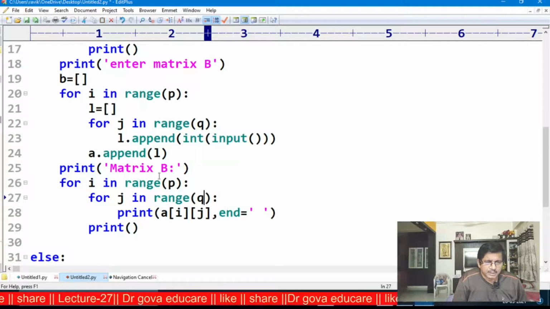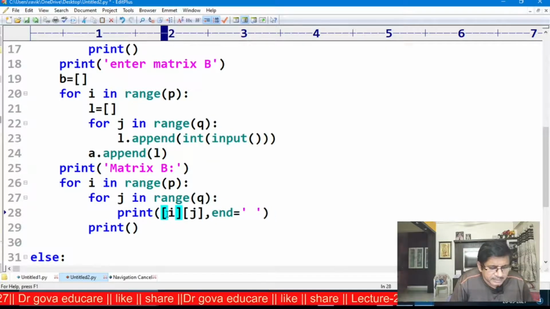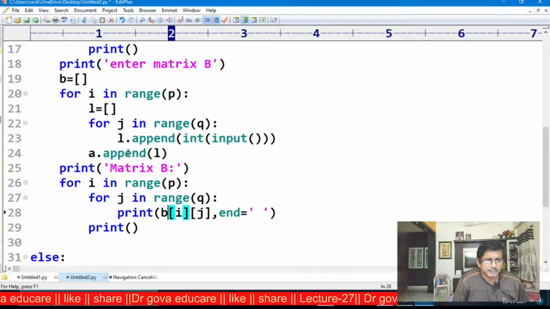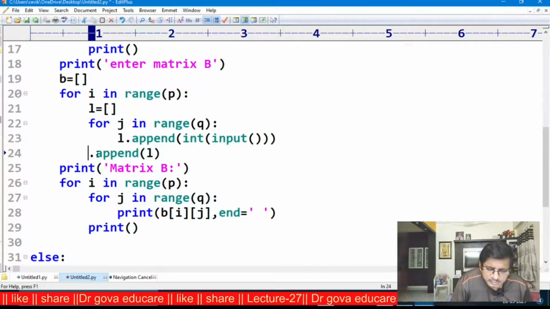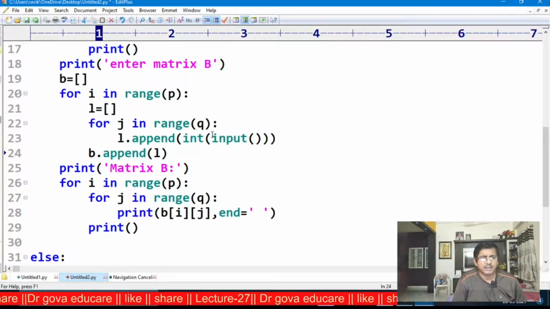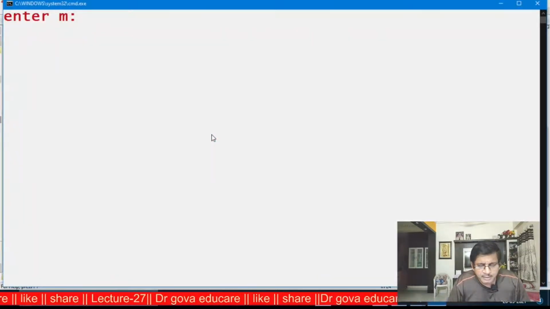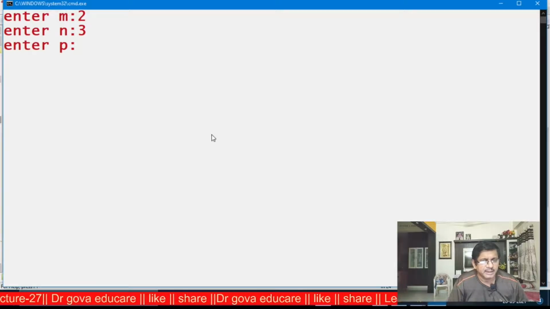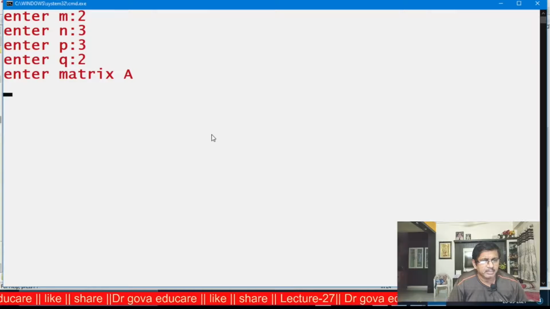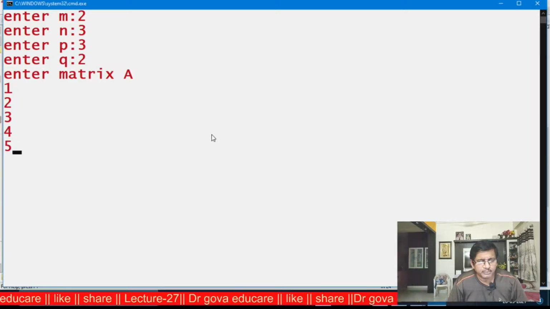Now here I am displaying a matrix B. Now I am executing this. Enter the dimensions of the first matrix: 2 3. The dimensions of the second matrix: 3 2. Matrix multiplication is possible. Now I want to enter the elements of the matrix A: 1 2 3 4 5